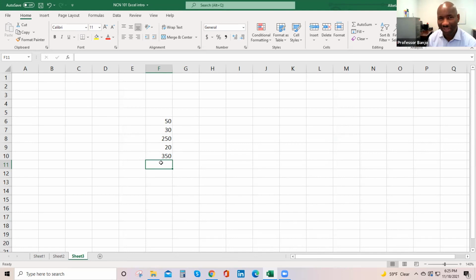Could be somebody's age, right? You're not going to add people's ages together, and say a 50-year-old plus a 30-year-old plus 250-year-olds. That's not going to work. But we could say that this is the quantity of something. So if you go to F5 and type quantity,